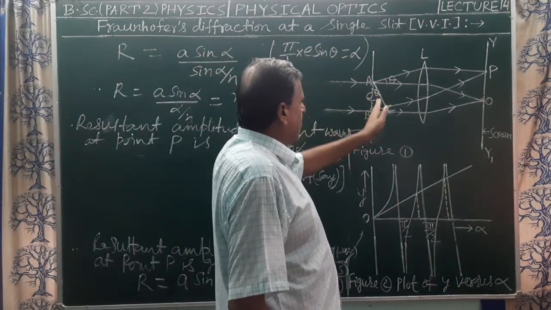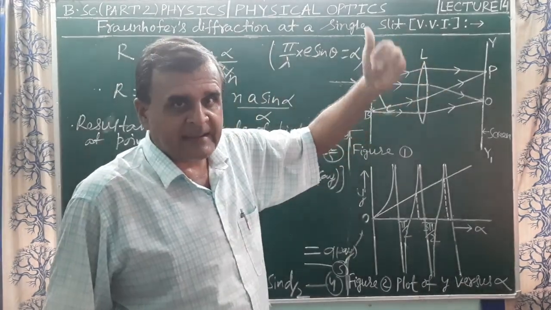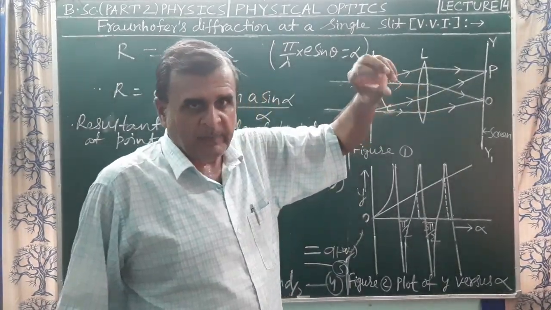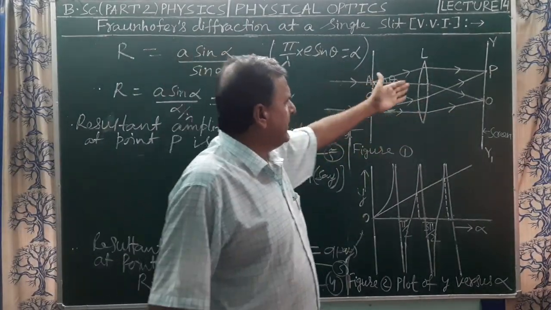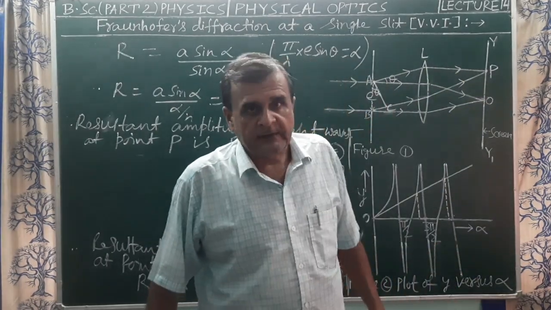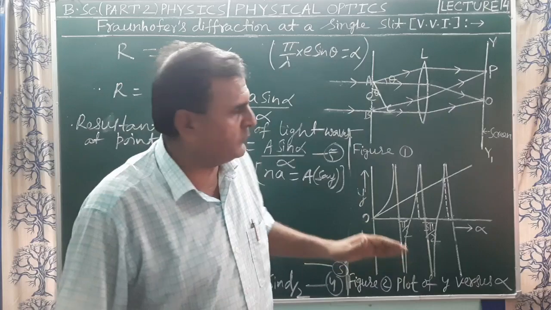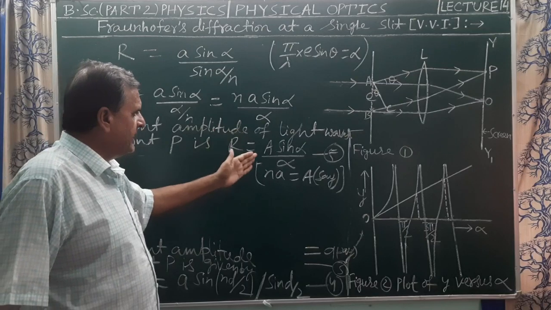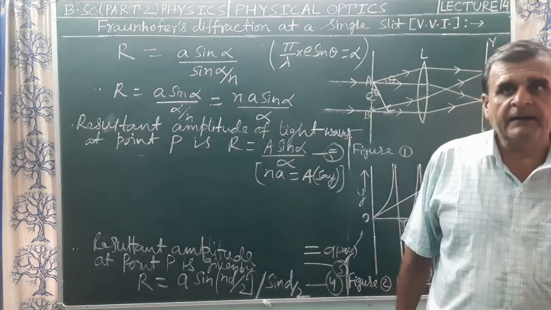जबकि सिंगल स्लिट ए बी के पॉइंट ए एंड बी से, या इसके अलावा ए एंड बी के अंदर अदर पॉइंट से भी, थीटा एंगल पर डिफ्रैक्ट होने वाला लाइट रे, ओरिजिनल डायरेक्शन से थीटा एंगल से बेंड हो जाने वाला लाइट वेवलेट्स, वह फोकस किया जाता है लेंस के द्वारा स्क्रीन Y1 के एक अनदर पॉइंट P पर, जहां हम लोगों को रिजल्टेंट एम्पलीट्यूड मालूम करना है। और जो रिजल्टेंट एम्पलीट्यूड हमने यहाँ पॉइंट P पर मालूम किया, कैपिटल R इक्वल टू A sin अल्फा अपॉन अल्फा। So this is the resultant amplitude